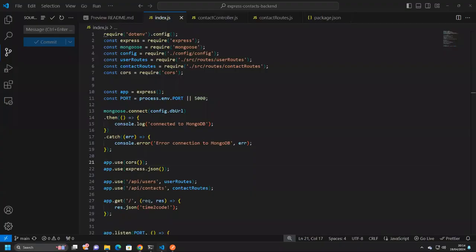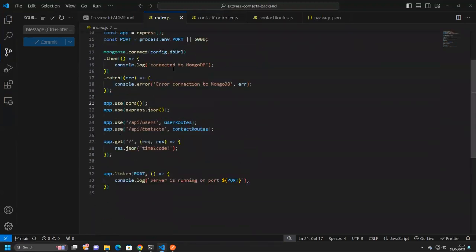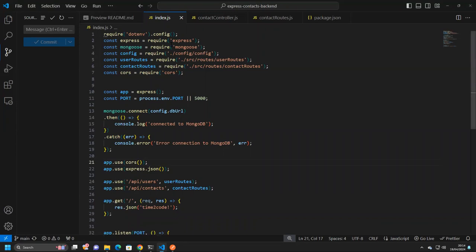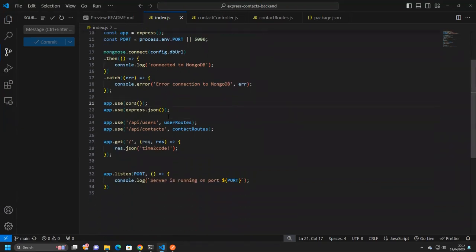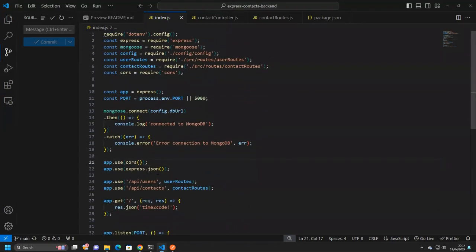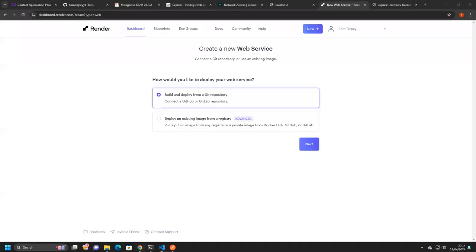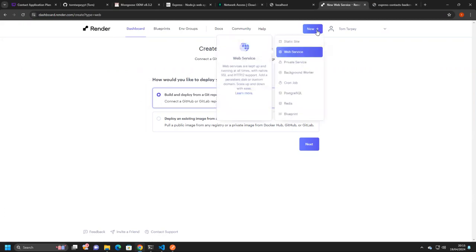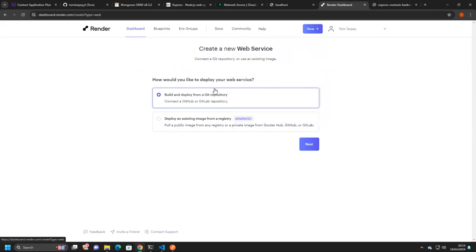I have a project I've been working on, a backend. It's an Express.js backend. I'm going to be deploying this to render.com today. So all we need to do is we go to the dashboard, we click new web service, brings us to